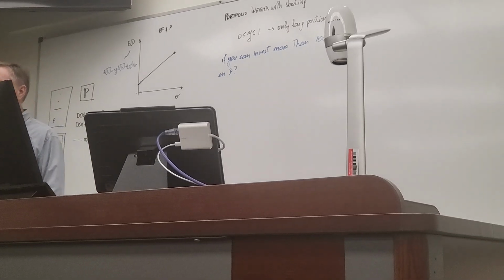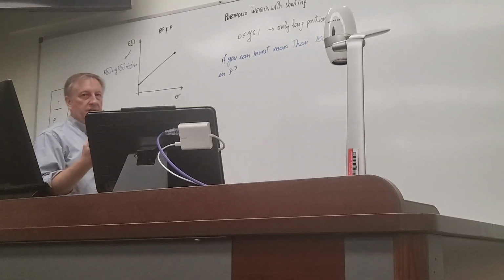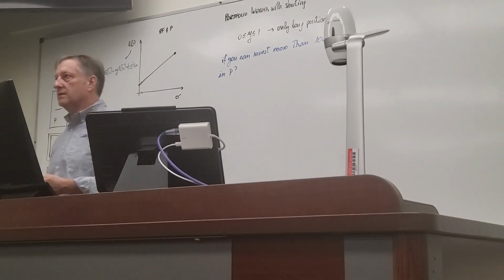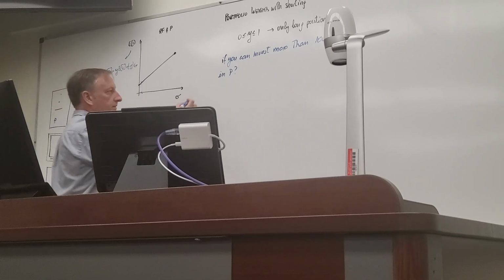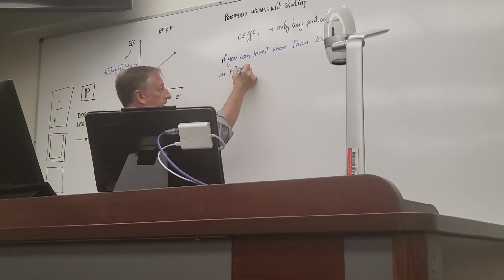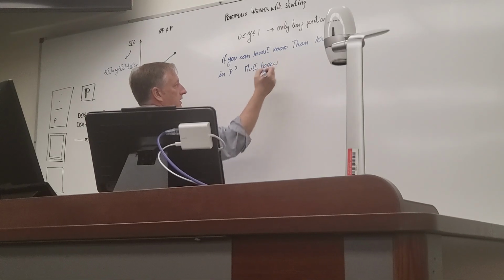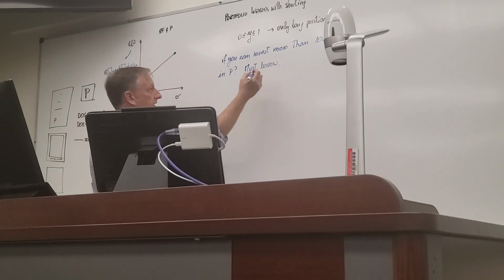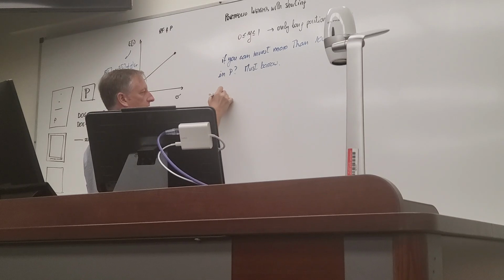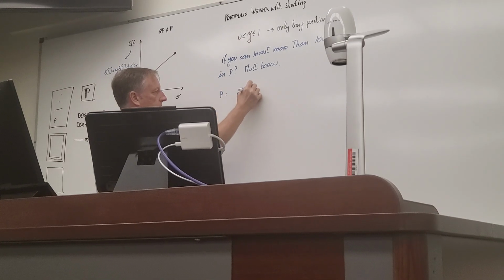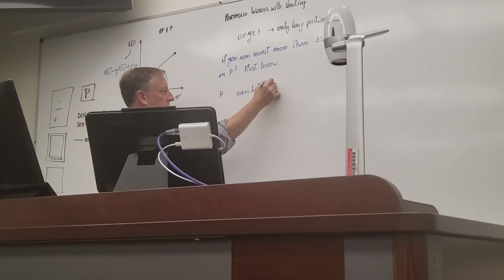How is that possible? The only way for that to happen is if you borrow money from someone else. So should this happen, if you want to accomplish that, that means that you must borrow. Okay. So that means that the weight for P can be greater than 1,